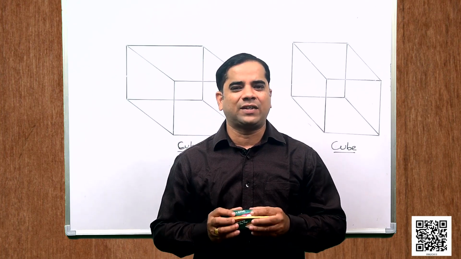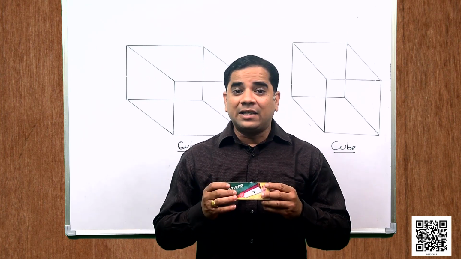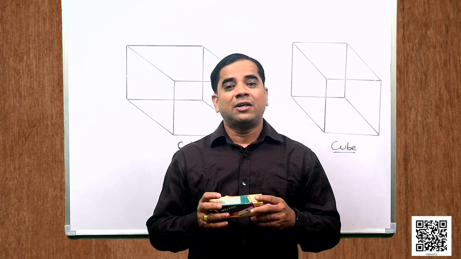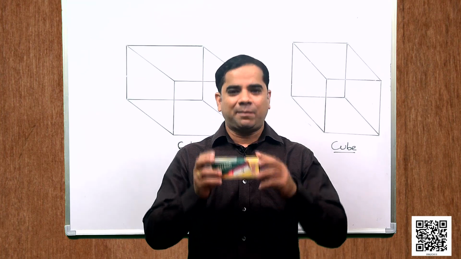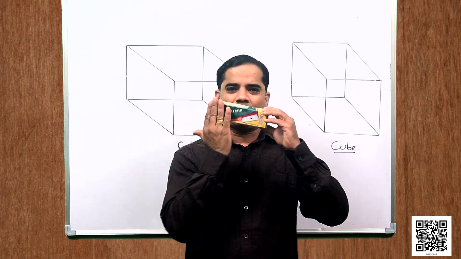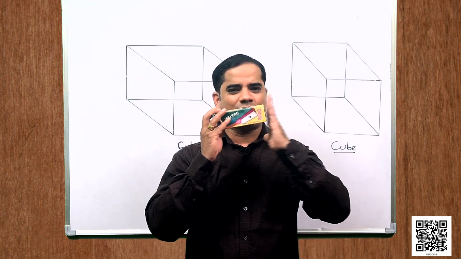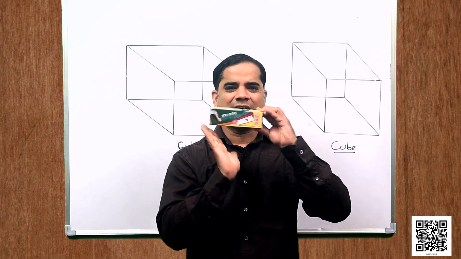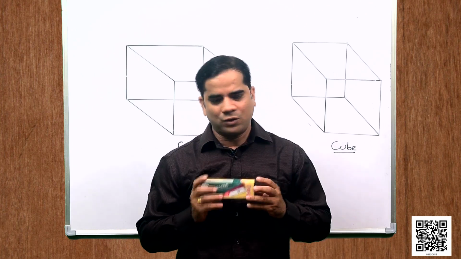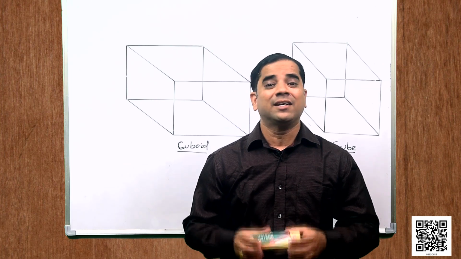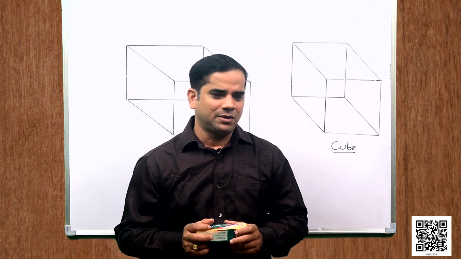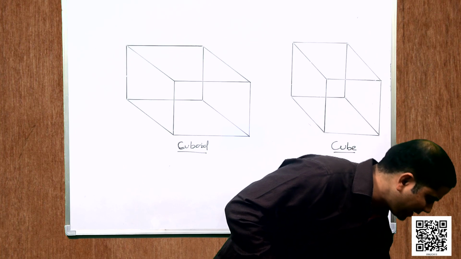The opposite surfaces are equal to each other. That means this surface is equal to this surface, and this surface is equal to this surface. So this is a cuboid having 6 surfaces. In the same way, in this diagram,